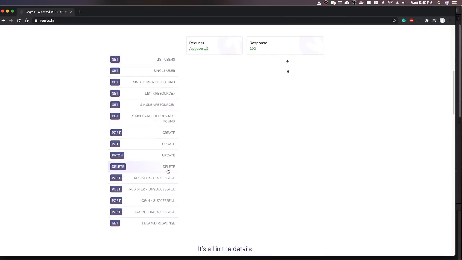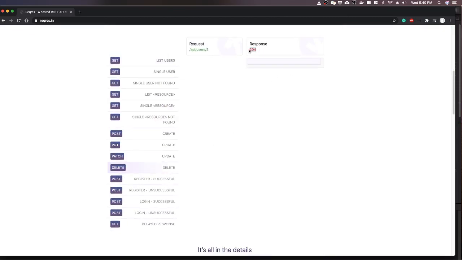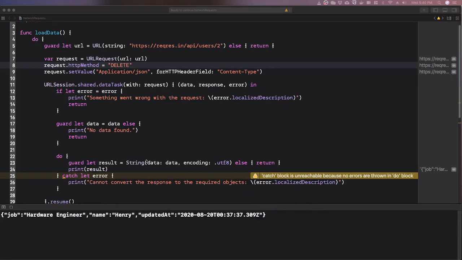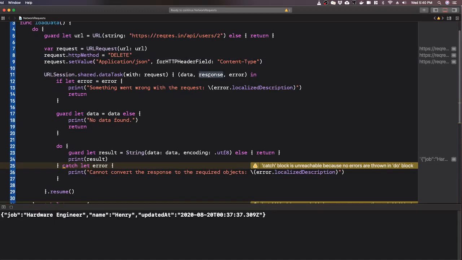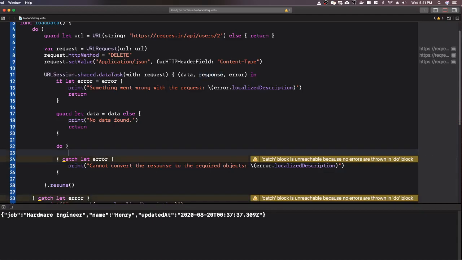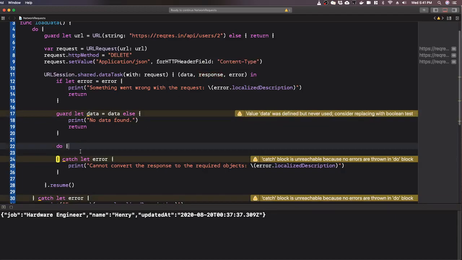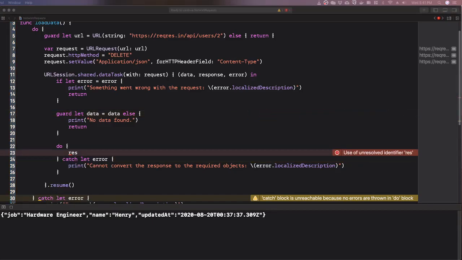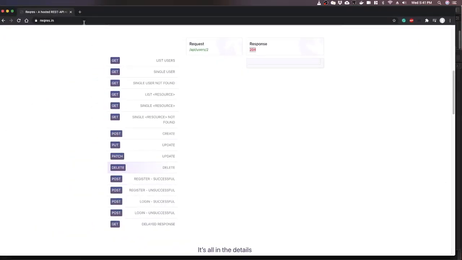If we see, delete returns a response of 204. So if we delete it, we will see that the status code of that request is 204. And how do we read that status code? We get this response object when our request gets completed. So in iOS or in Swift we convert this response. If we hover over it or we write here response, it is of type URL response, but we have to convert this URL response